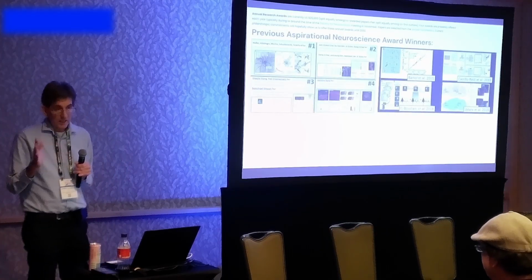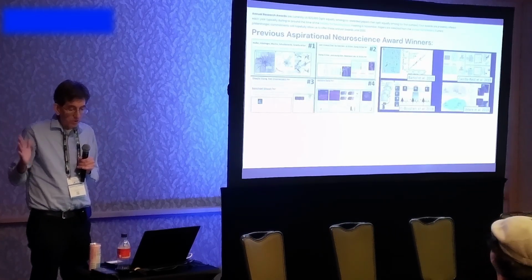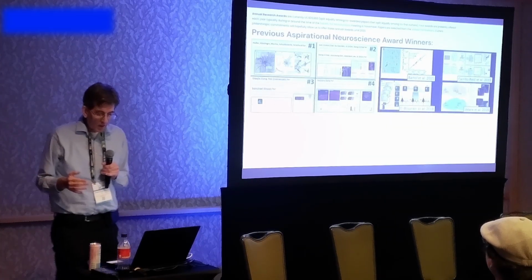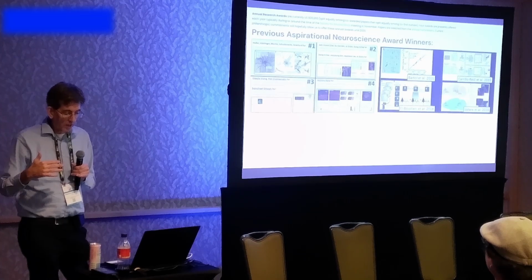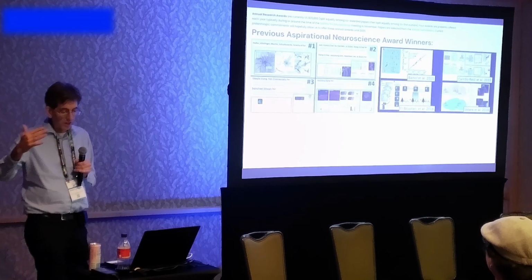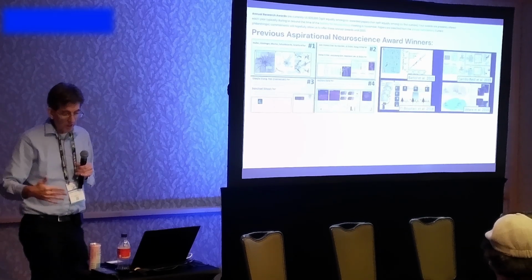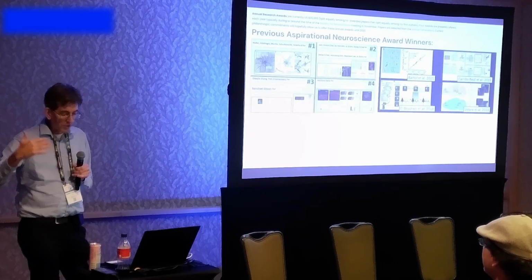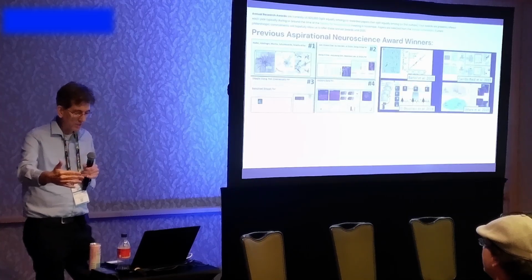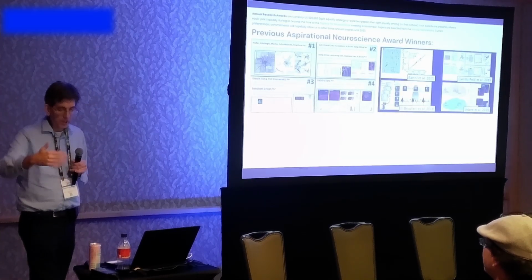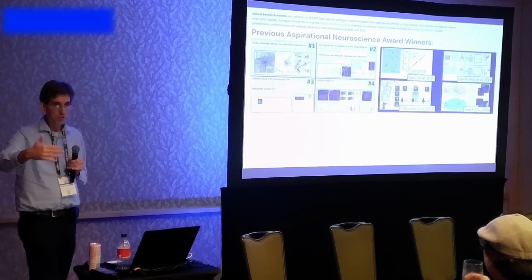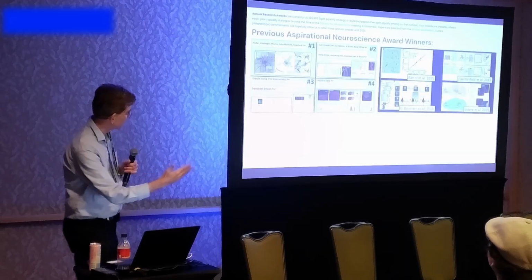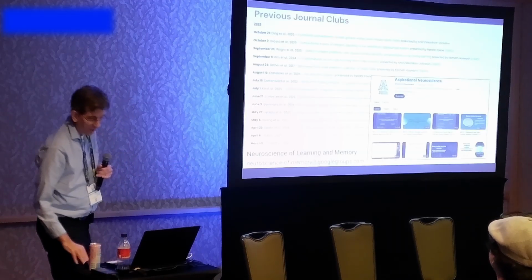Now, because it's likely to take many years for any team to reach that milestone of decoding a non-trivial memory, we're giving four $25,000 Aspirational Neuroscience Awards, hopefully each year. We're trying to do this for research that seems to be on the path toward that ultimate goal, or is contributing to our understanding of memory in a deep way. And these are just some of the winners in past years.